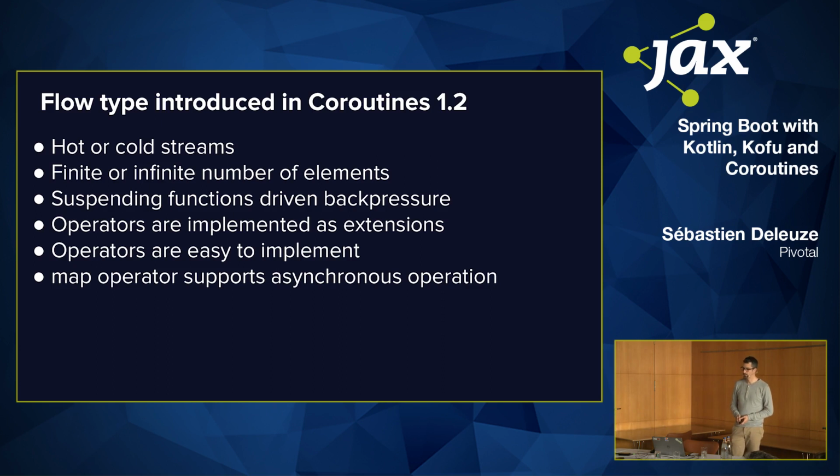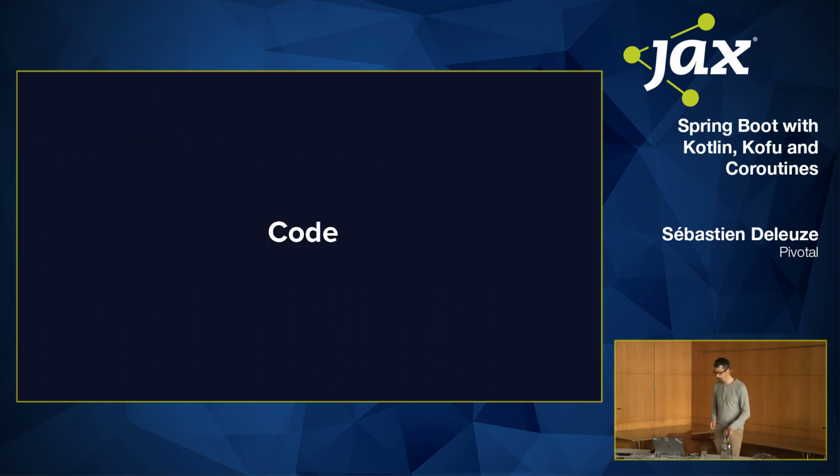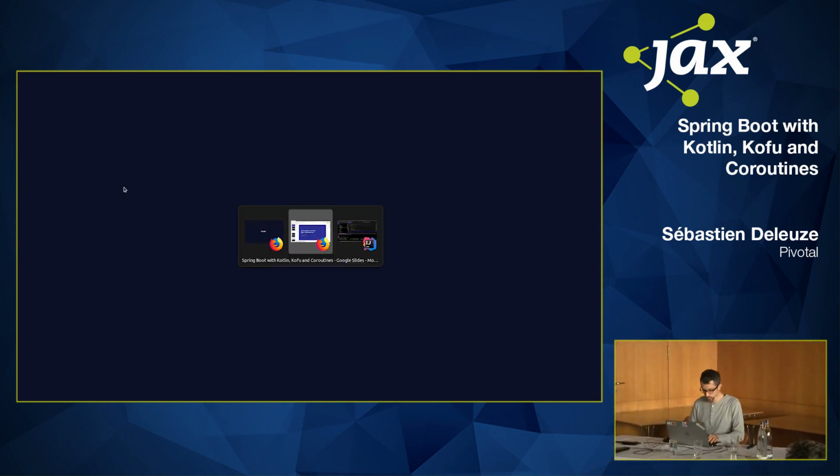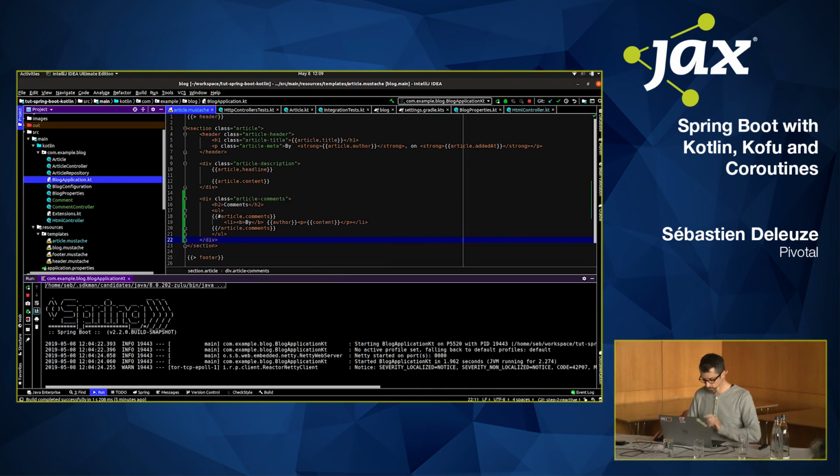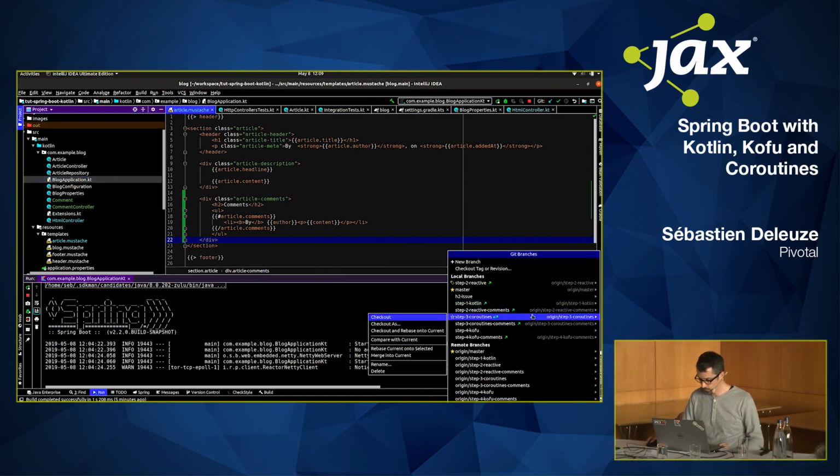And for example, it has some interesting characteristics, like the map operator supports asynchronous operation because the parameter of the map operator is a suspending function. So it's a little bit like flat map, but you don't need flat map. I will show you that later with a concrete example. And now we are going to go back to the code,